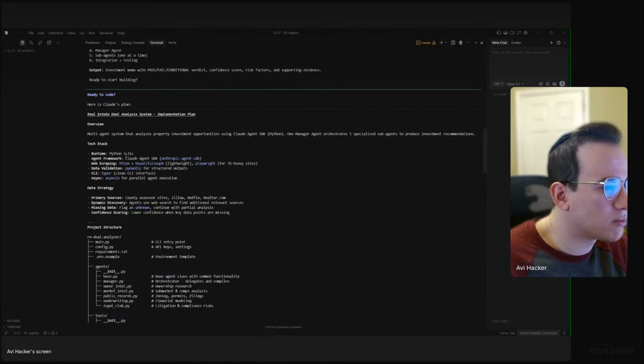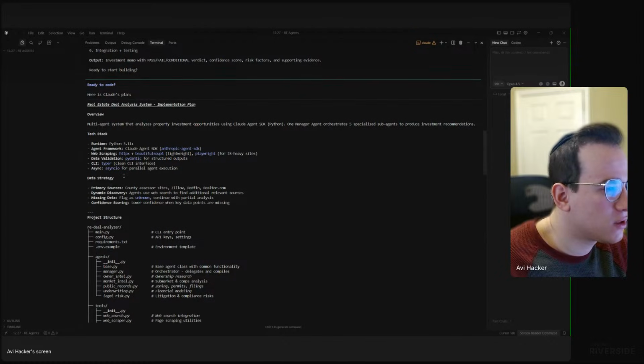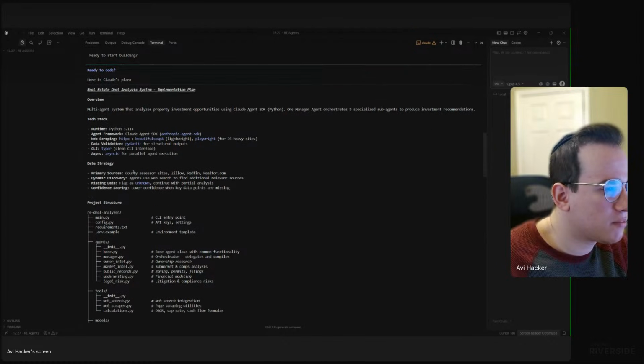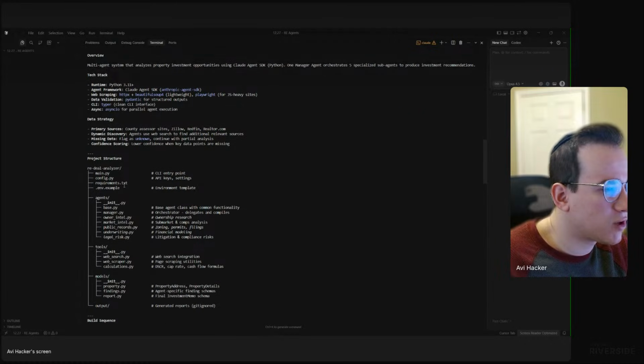So it will use Python, Claude Code SDK, web scraping. Okay, this all looks good. Data strategy, primary sources, missing data flag unknown, project structure,